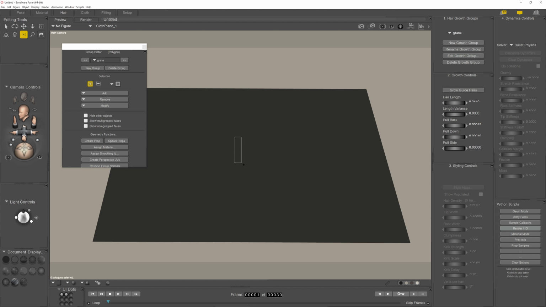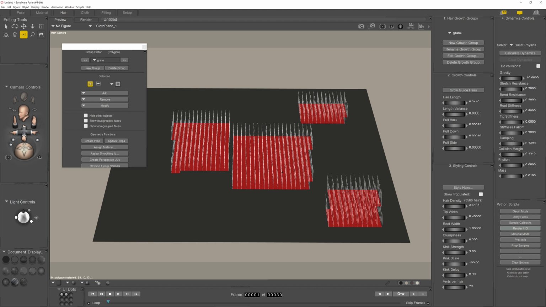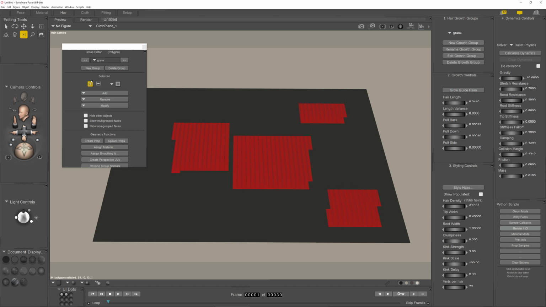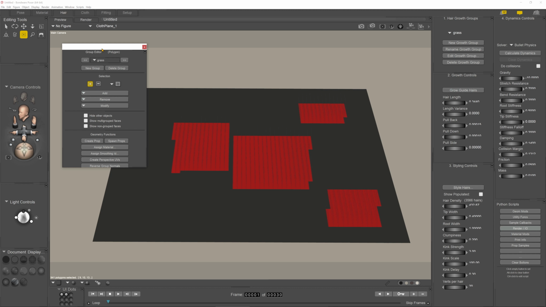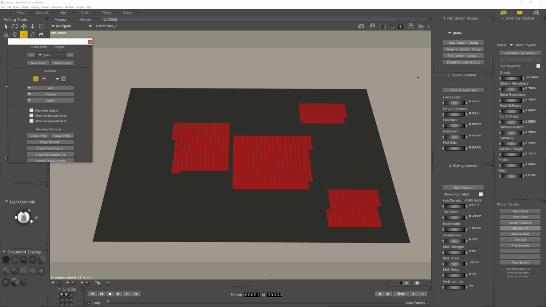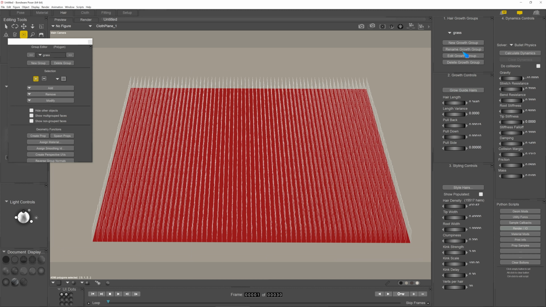At this point, this is where you could choose just certain polygons. See, the plus is selected there, so I'm choosing what polygons to do the grass. If I wanted to, the simulation would only work on those areas, but I'm going to select everything here. I'm just going to draw a marquee, and there you go, everything's done. So grow guide hairs next,